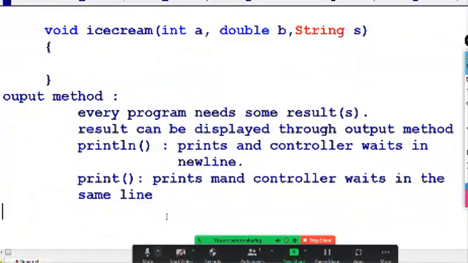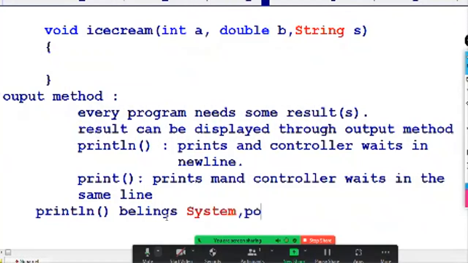Now what is the syntax of the println function? println is the method which belongs to System.out, and System.out belongs to the java.lang package.